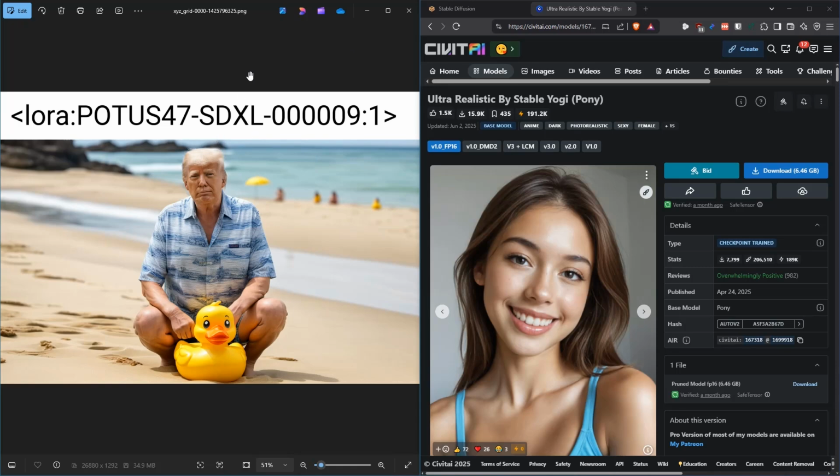One thing that I would highlight here is that if you plan to get images that are very detailed, very fine-tuned, you probably should not use the extra large base model for that. So if that's your goal, then you should probably train your LoRA on another model that is more detailed. For example, if you go into Civit AI, you'll find a lot of good, very realistic models by Stable Yogi. So you have those that he puts out there. There's also Juggernaut and a bunch of other ones that are really good, that get you really high quality images. And if you train your LoRA on those, then you're definitely going to get really high quality, very detailed, very few imperfection